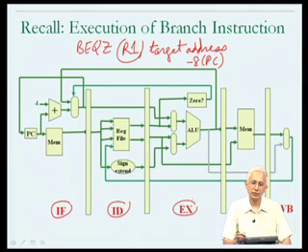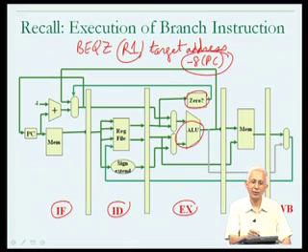In the execute stage, two things have to be done. One is that its target address has to be calculated within the ALU, which amounts to using the displacement from the program counter value. You'll recall that in the case of the MIPS1 instruction set, the calculation was PC plus 4 minus 8. In addition, the check of the condition must be done, whether the contents of register R1, which was read into one of the special purpose registers within the processor in the ID stage, is in fact equal to 0. So that is the condition checking, which we assumed was done by hardware included in the EX stage